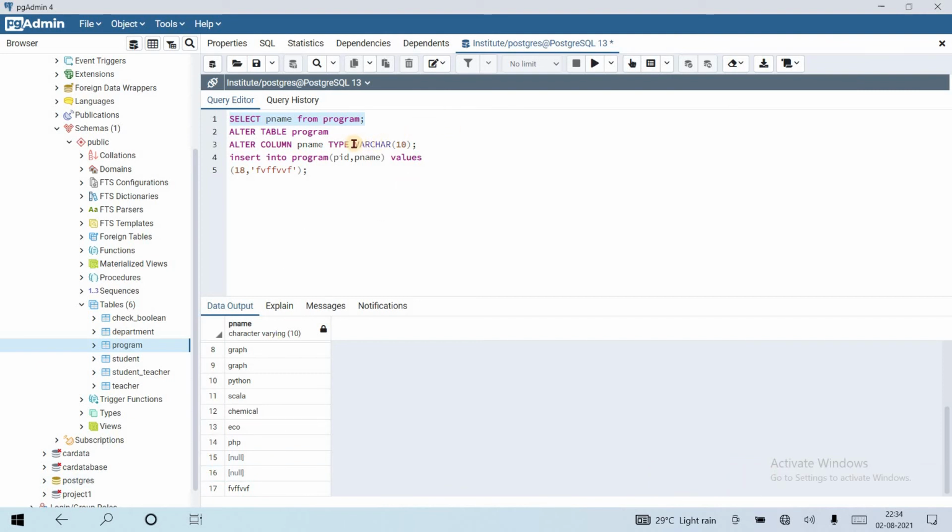Okay, let's see with the text data type and make this as great as possible. The value will be inserted.